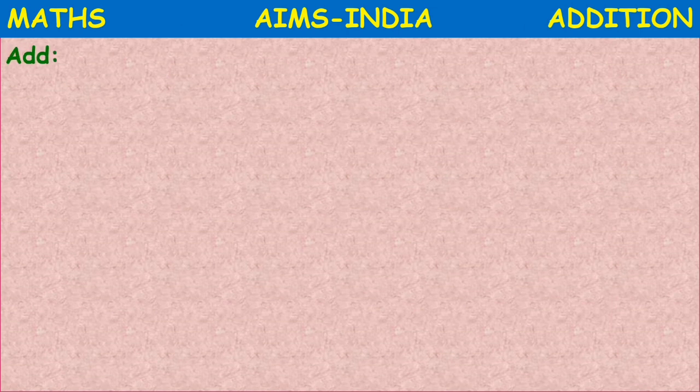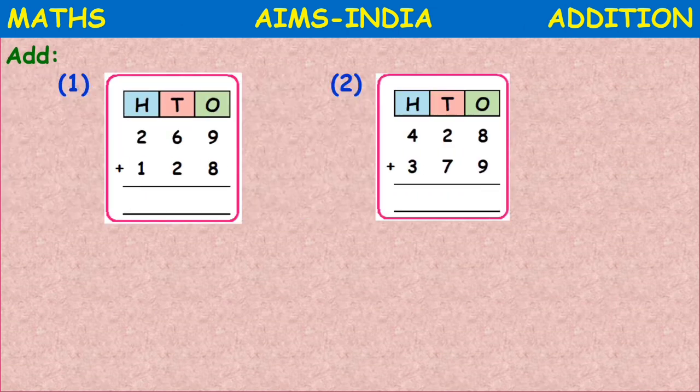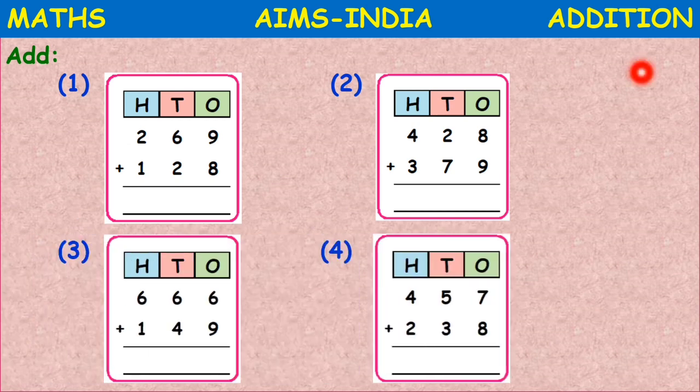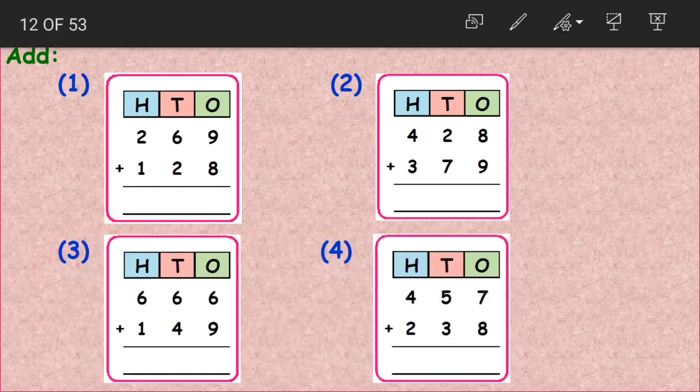Okay, yes. Now again we have a few more examples here. The difference is, in the previous examples we did not have carrying of the digits, but here we have carrying. Okay, so again I'll solve question number 1. You solve 2, 3 and 4 after the class. Coming to the first question, we have 9 and 8 in the ones place. Now 9 plus 8 becomes 17. Now what to do with the 17?